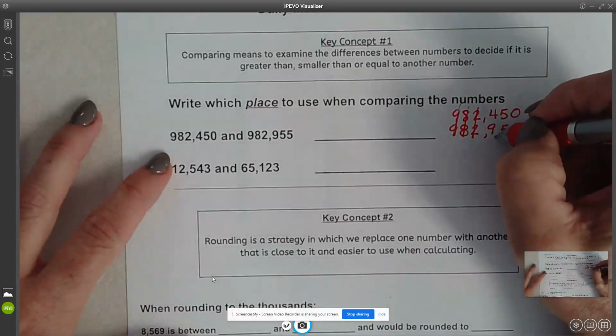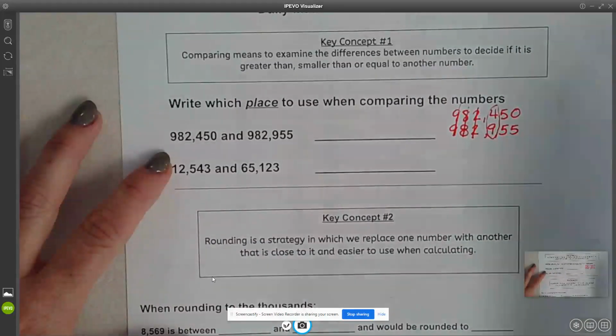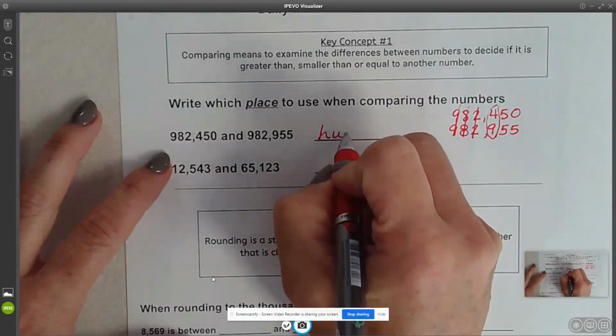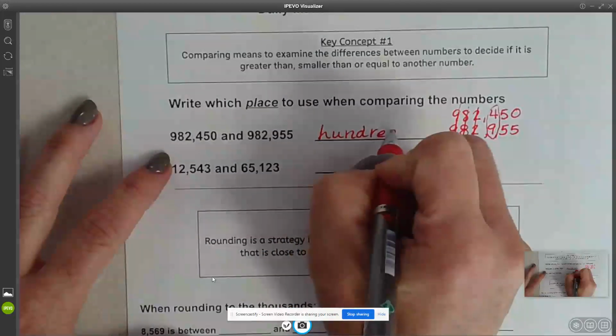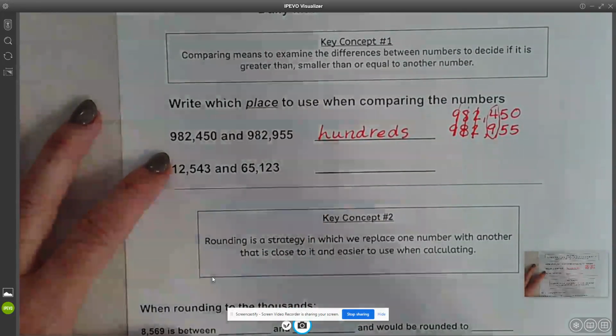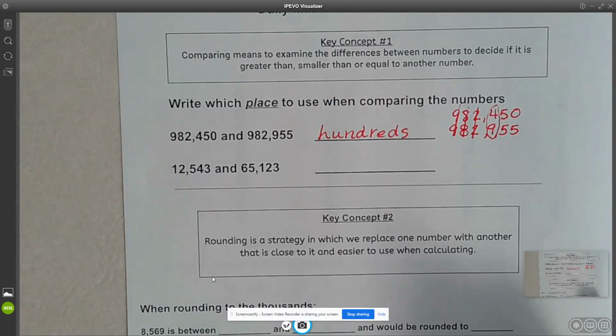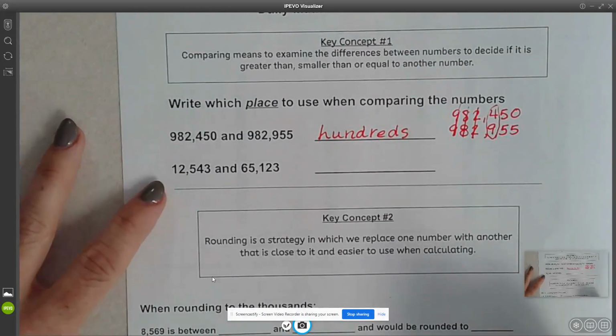But if I look right here in my hundreds is where it's different. So my answer here, the hundreds place, is going to tell me if my number is larger or smaller than the other number. Now all I need to know here is the hundreds, what place. I don't need to know if it is greater than, less than, or equal. So let's try